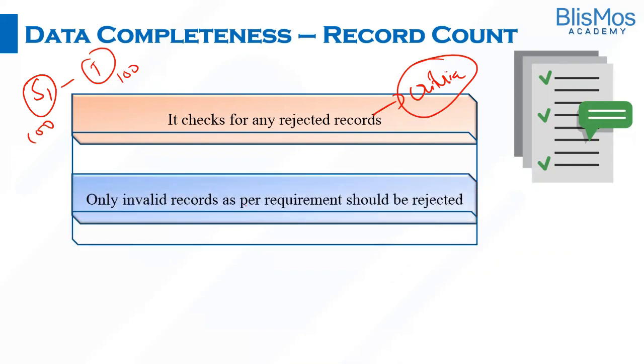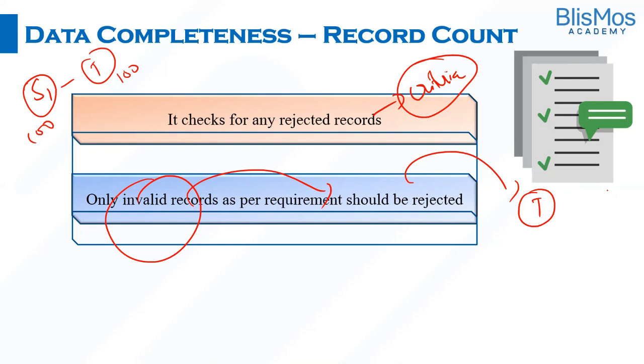So only the invalid records should be filtered out and the valid records need to be loaded into the target table. While validating, you should validate in such a way that only the valid records need to be moved to the target. Then that record need to be compared with the source records